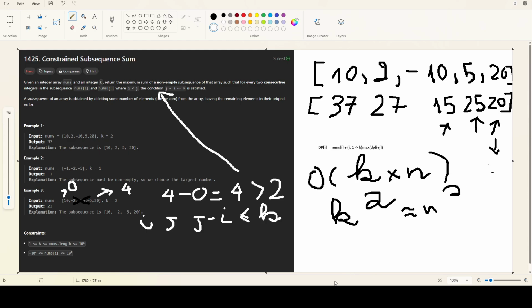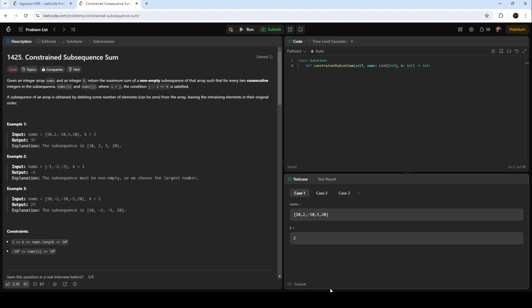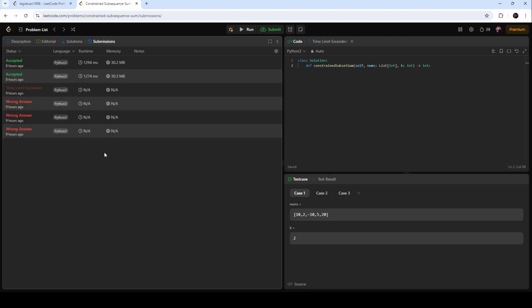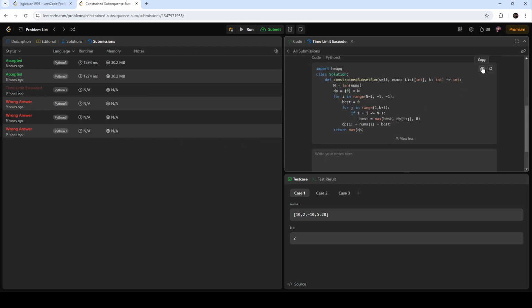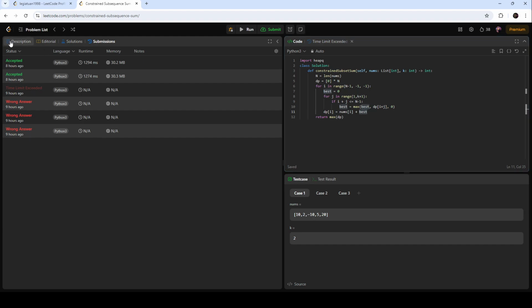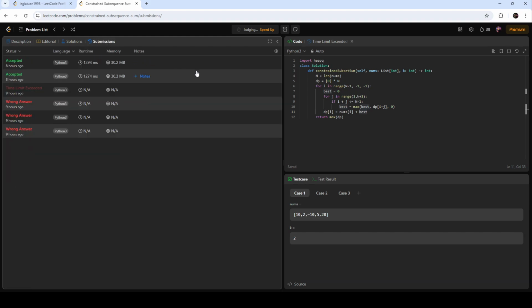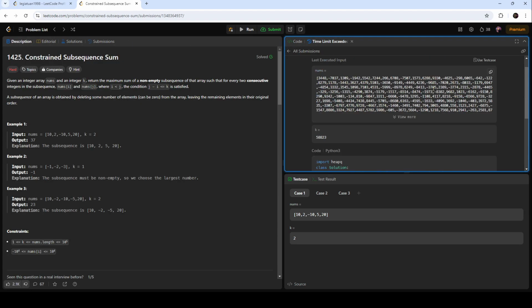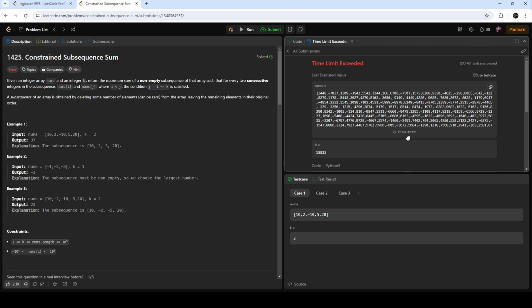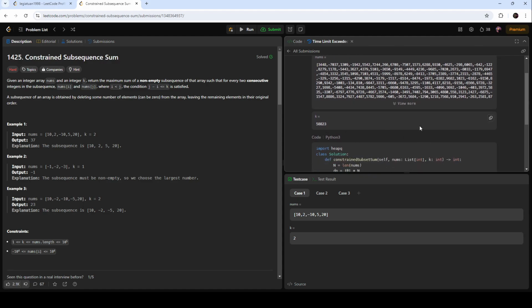So let's take a look. Let's try to solve it using pure DP. I make the same mistake, right? As you can see here, copy to editor. You can see in this case, k is very large, so it will give a time limit exceeded,